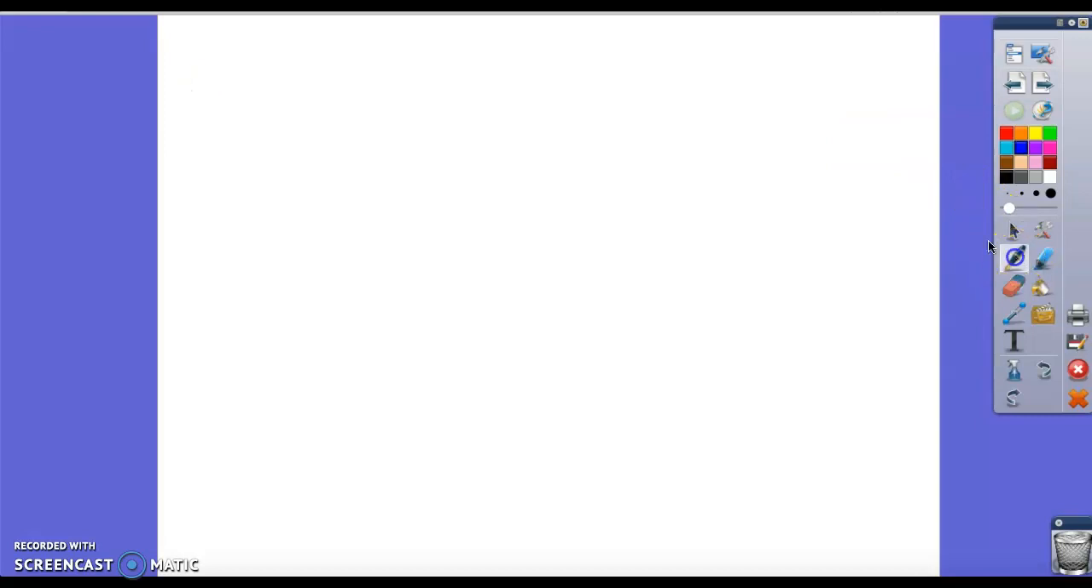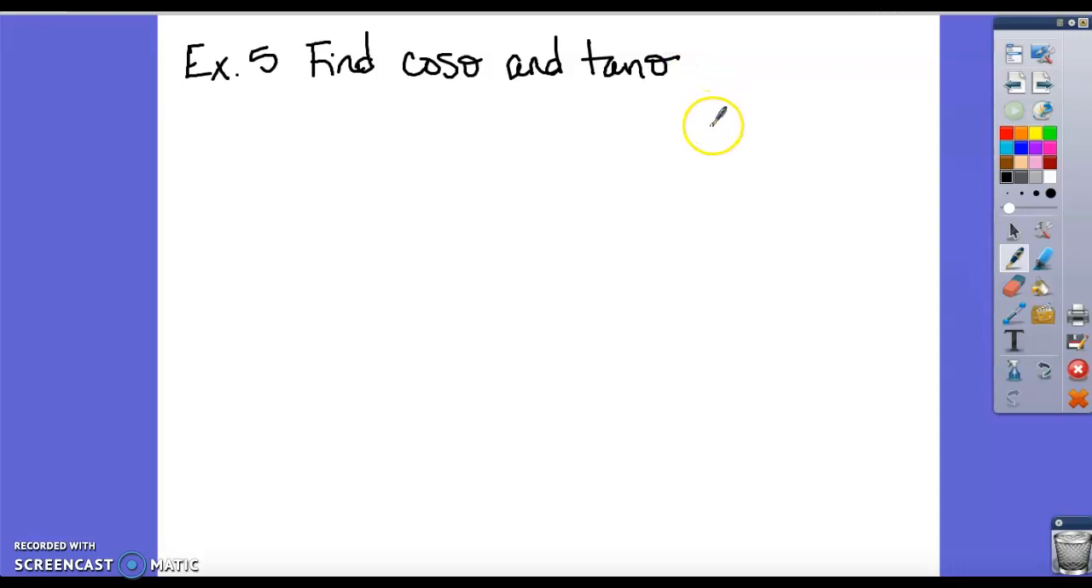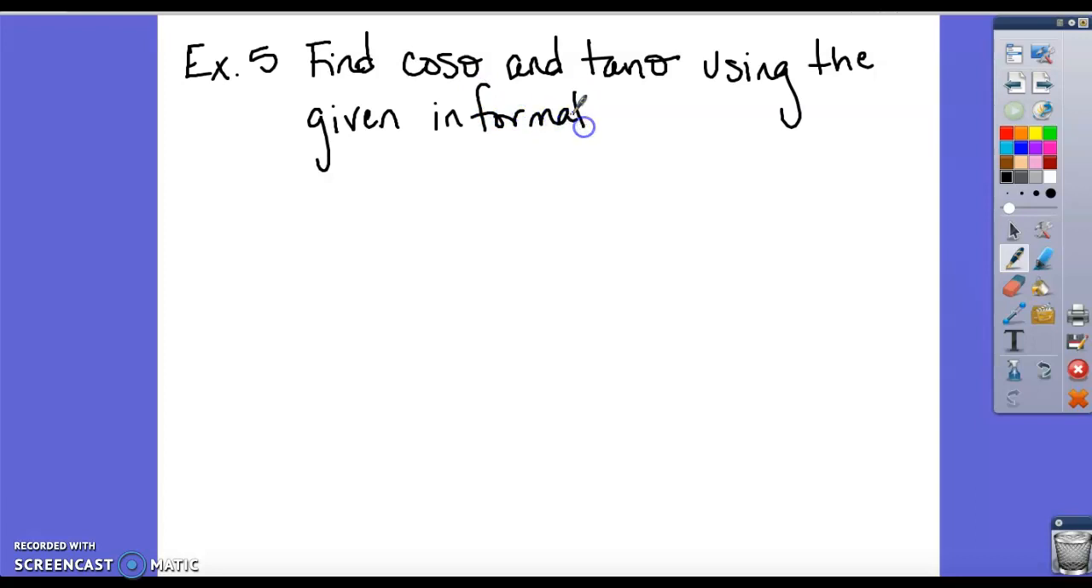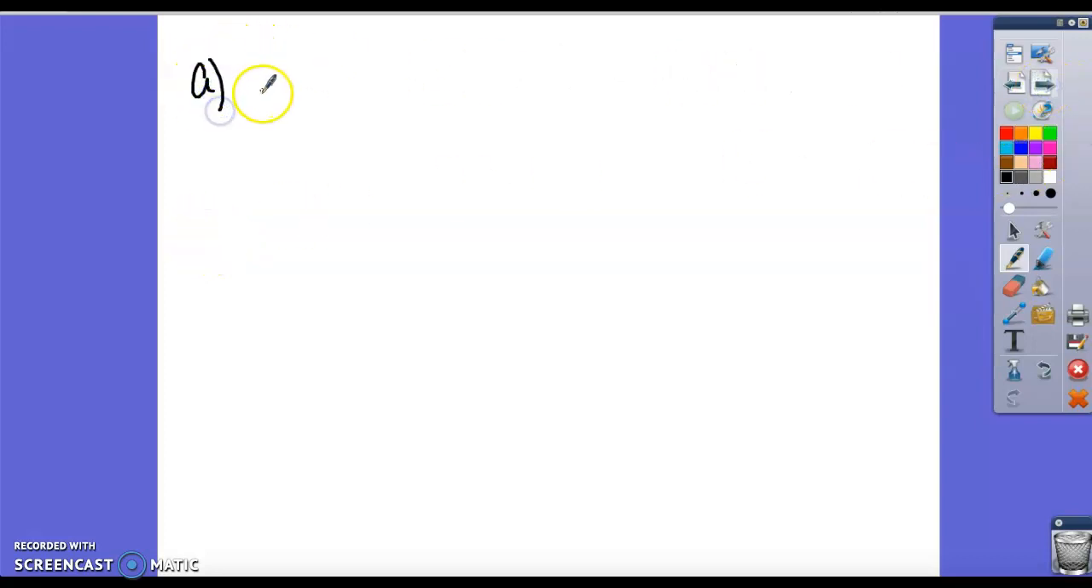This is example 5 for 4.3. We want to find cosine and tangent using the given information. So the first example, we are going to find cosine and tangent given that the sine of theta